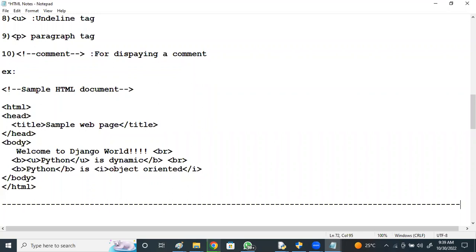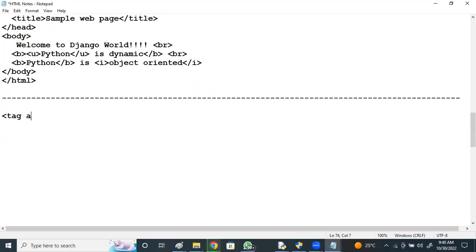See, for example, a tag has an attribute: tag name, attribute name equal to value.